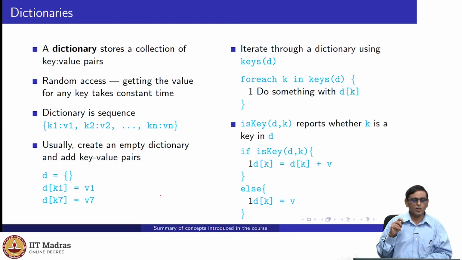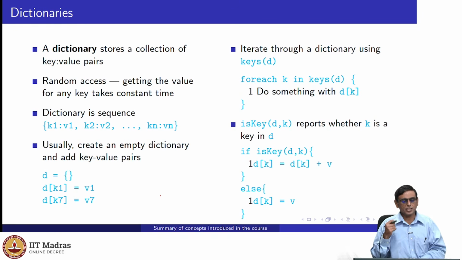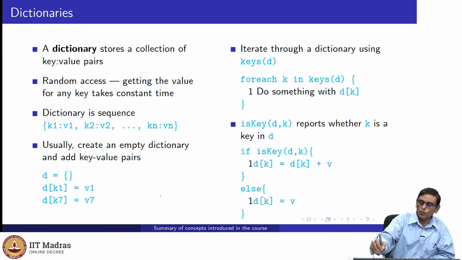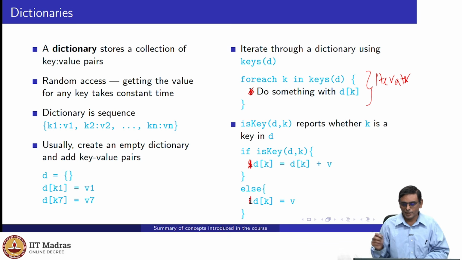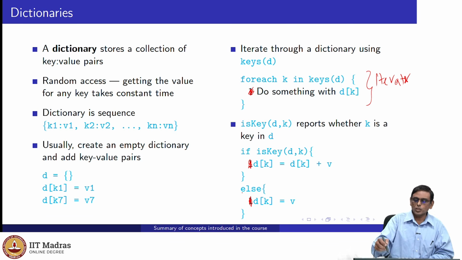Then we saw this thing called a dictionary, which is basically a set of key value pairs. You can insert a key into a dictionary. You can iterate over a dictionary, right? So for each key, this is an iterator. This is the iterator for a dictionary, right? Now, I think I made an editing mistake yesterday and edited it. So this is an iterator.